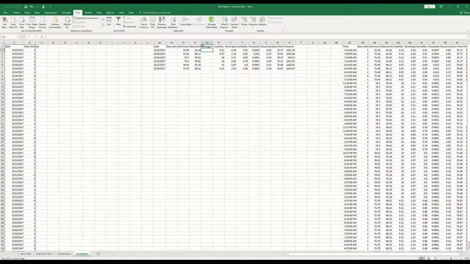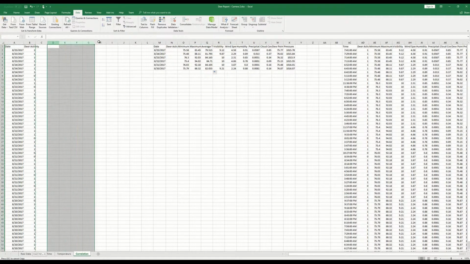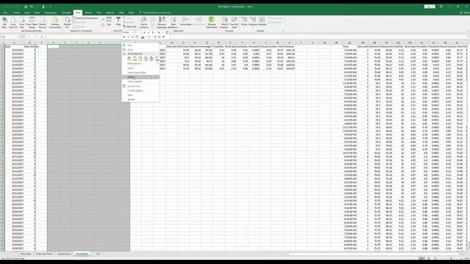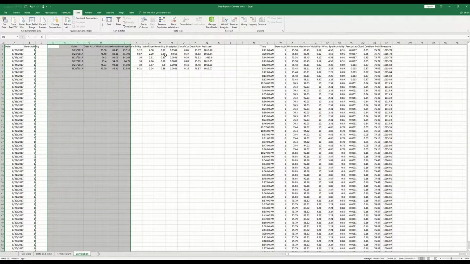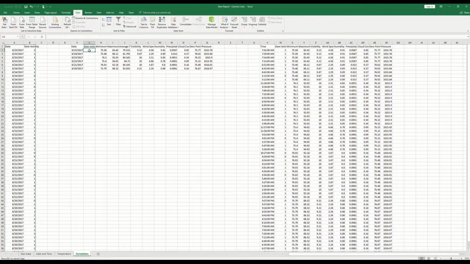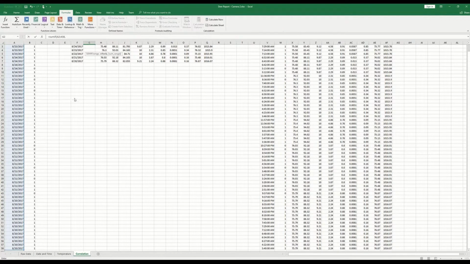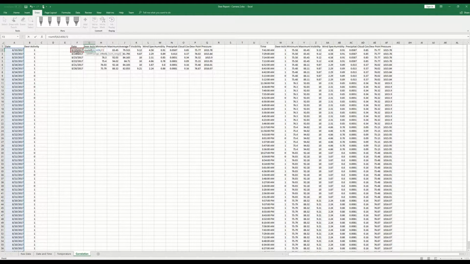Average temperature, and then do this equals AVERAGE, whoops, and then that column, or that cell, double click the bottom here, and then this time around I can get these numbers a little closer here. This way I don't have all of that stuff over to the right too far over there. And now I'm going to check for my deer activity, so I'm going to do this SUMIF function. What's my range? My range is this date over here. Control Shift Down. My criteria is going to be this over here, and then my sum range is going to